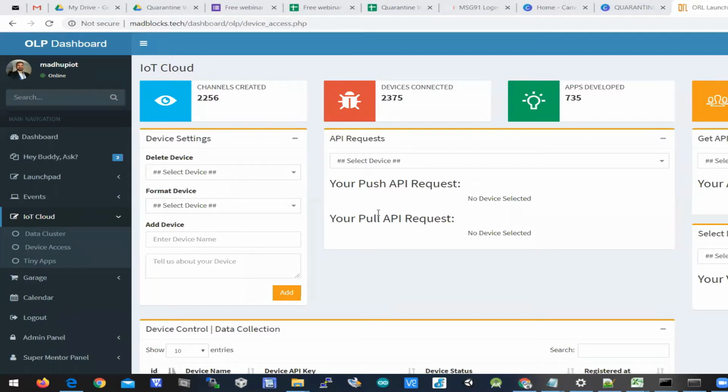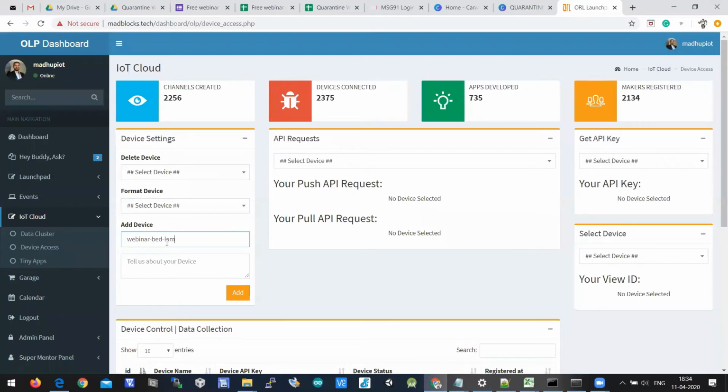So we have to add our device. Our device is bedlamp. There is an option here called add device. Here we have to enter our device name, say webinar bedlamp.